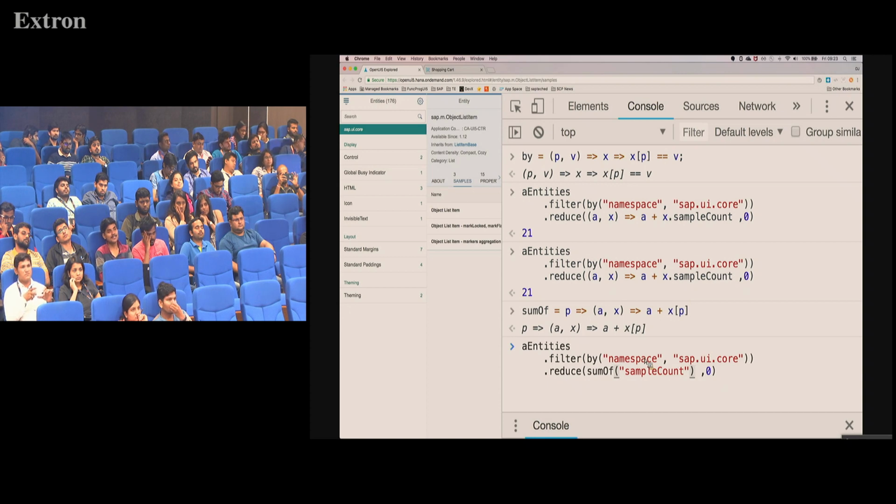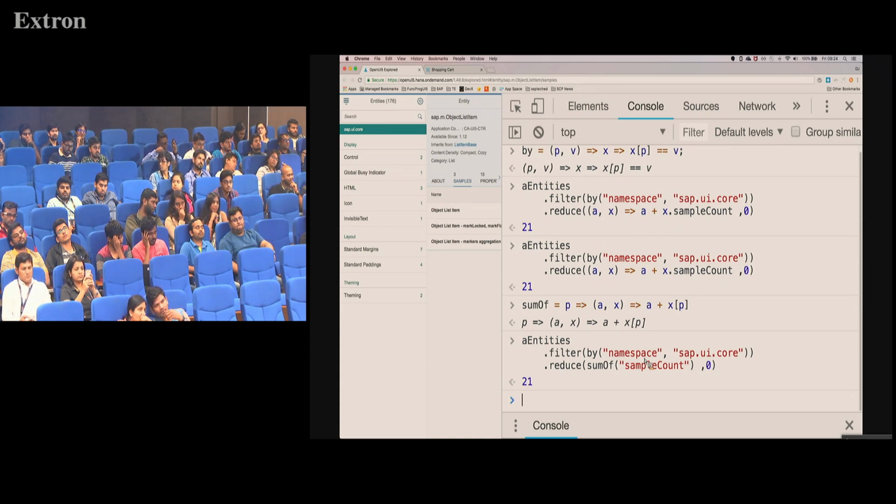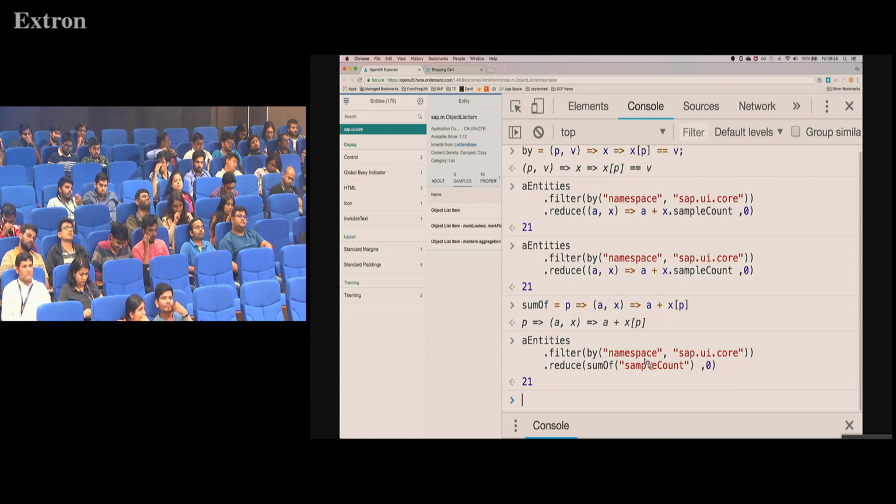Okay, so let's try that, and it still works. So this is extremely fast, I know, but let's just go through it one more time before we move on to part 2. Think in terms of lists. A lot of data that you process in UI5 apps is going to be in the form of arrays, of lists of things, lists of scalar values, but also, more importantly and more commonly, lists of objects,